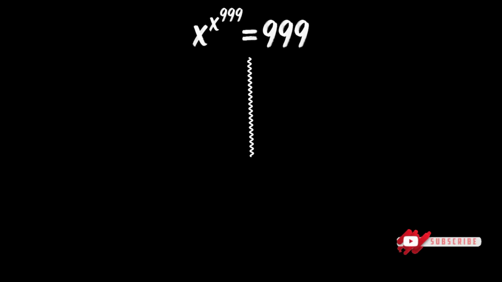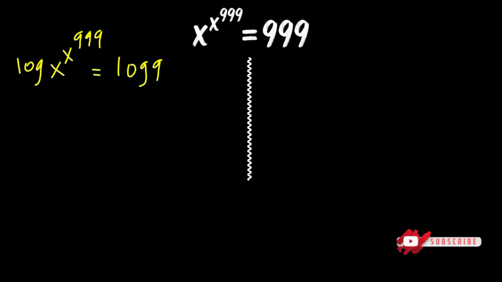Guys, how do we solve this intimidating math problem? We'll start by taking the logarithm of both sides. So we have log of x to the power of x to the power of 999 equals log of 999. And now don't forget, due to the law of logarithm, we're going to have x to the power of 999